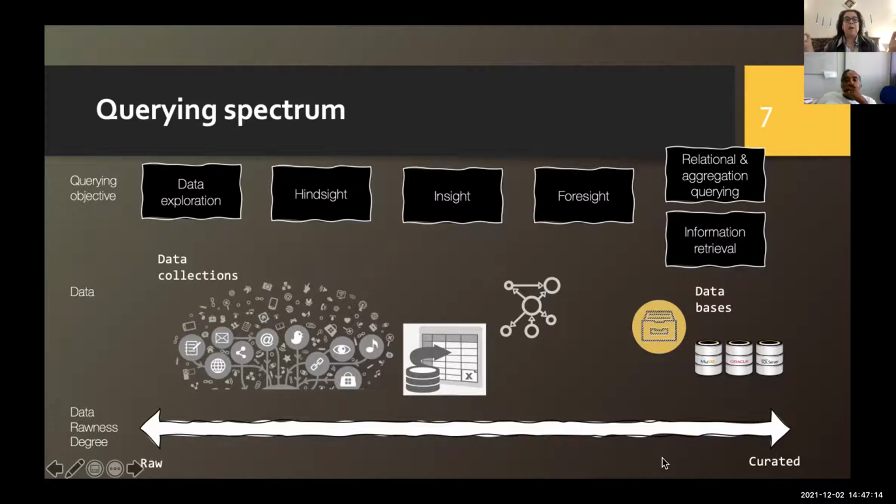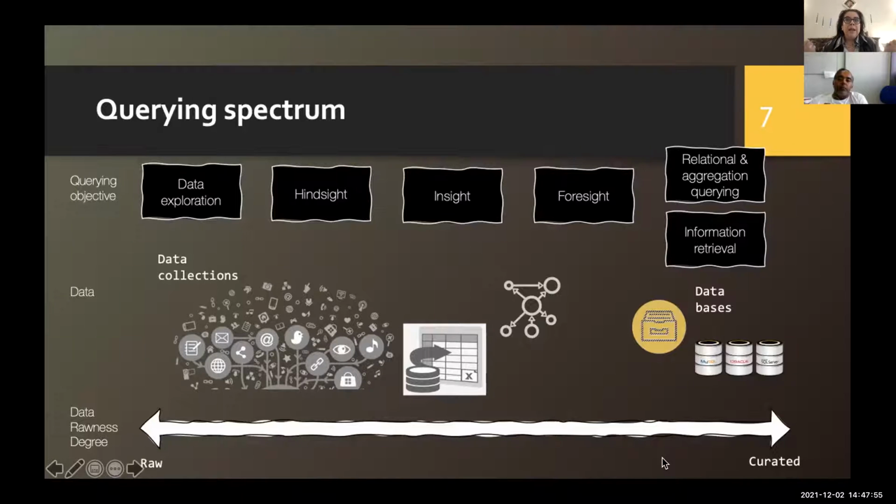Then out of this spectrum, I can ask specific questions. If I'm in a raw context, the questions that I can ask are exploratory questions. I want to profile and understand the data. What are these data representing? Are these observations? Are these facts? Are these representations of a mini world? What are the values associated to them? Can I perform a quantitative profiling of the data? And so can I figure out the semantics of the data?